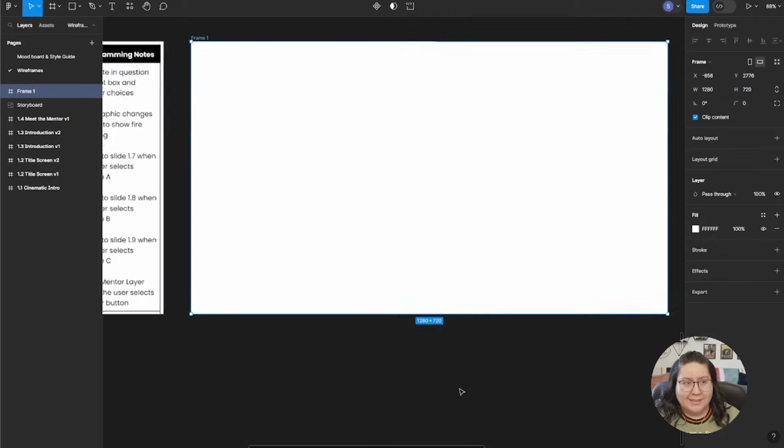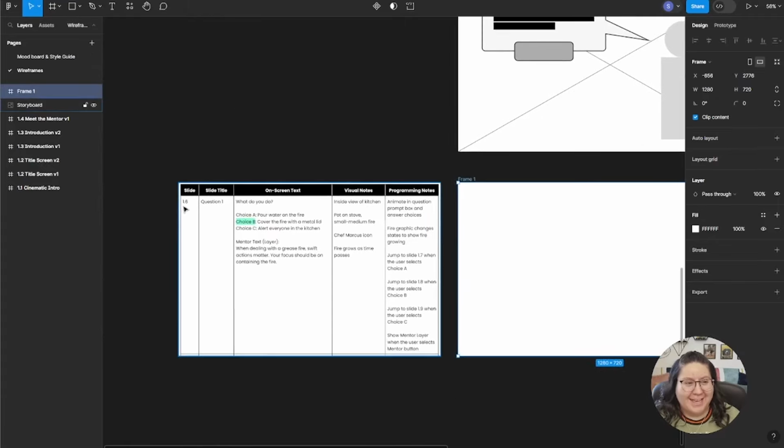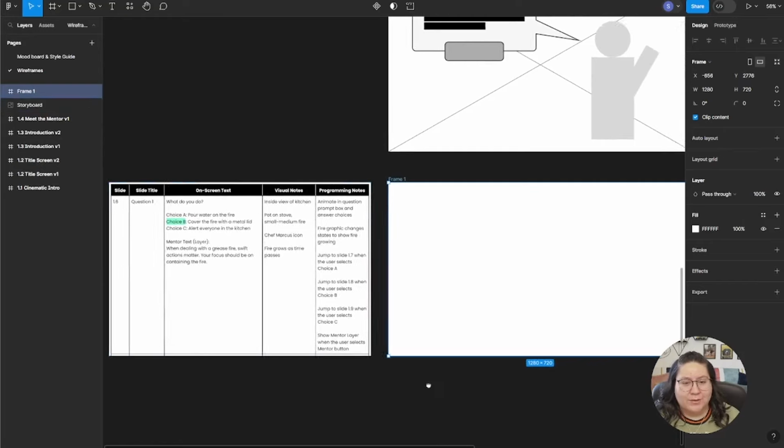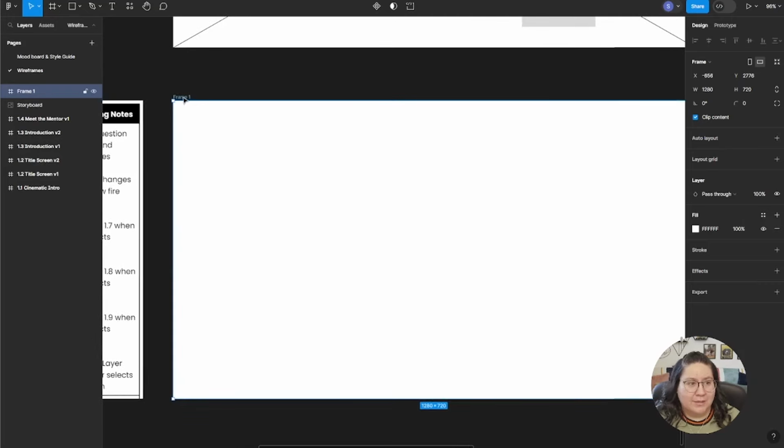All right. Frame 1 is not descriptive at all, so let's change that. This is going to be slide 1.6, question 1. So I'm going to name it that just so they're nice and cohesive. 1.6, question